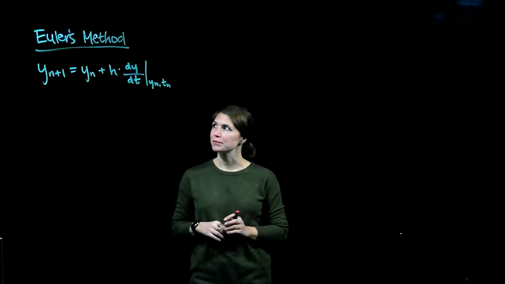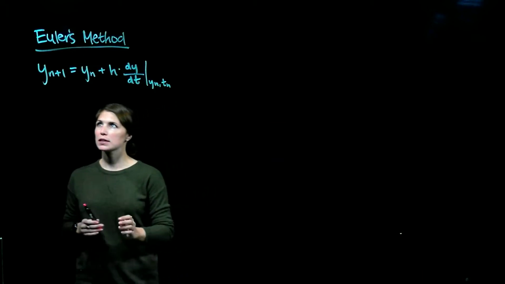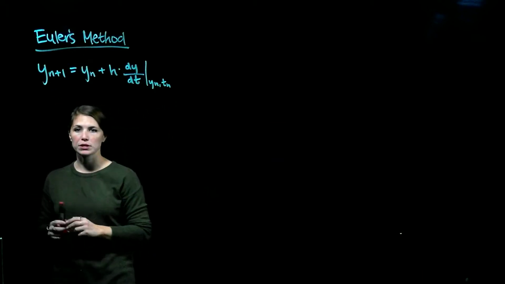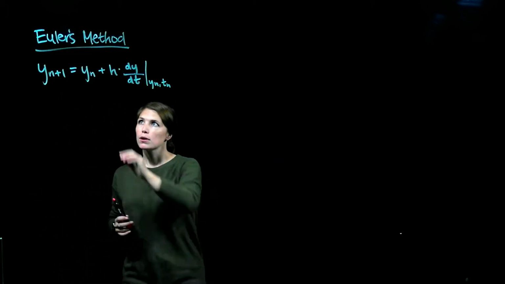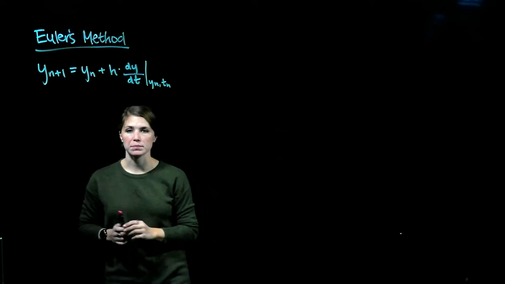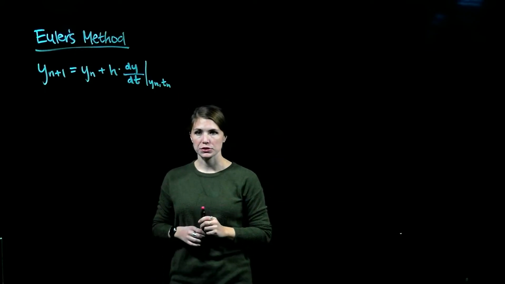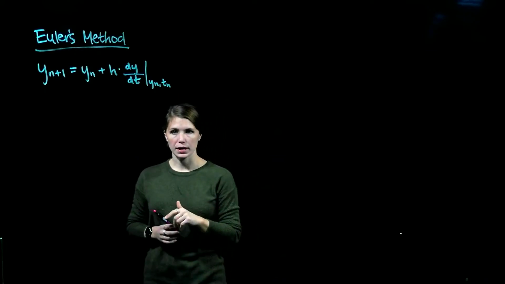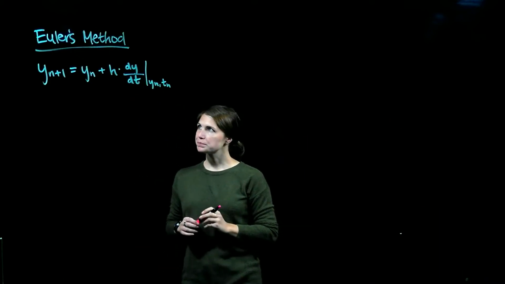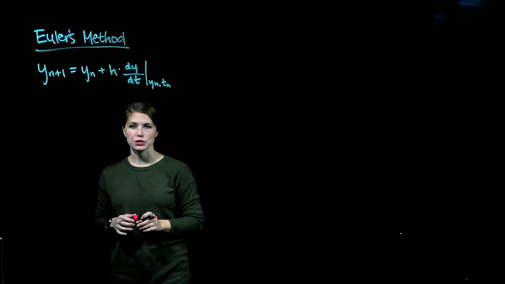So let me remind you, basically what you're trying to do is solve for the next point, yn plus 1, when you already know yn, so the previous point, and then you've chosen a step size h, and then you also know dy dt, so the slope at the previous point, yn and tn. So basically, we want to have a better understanding of the structure of this equation